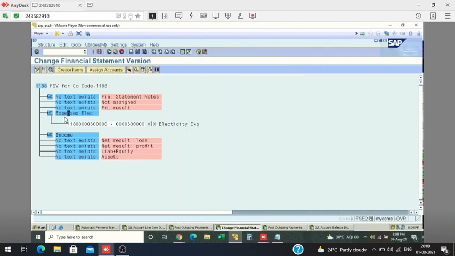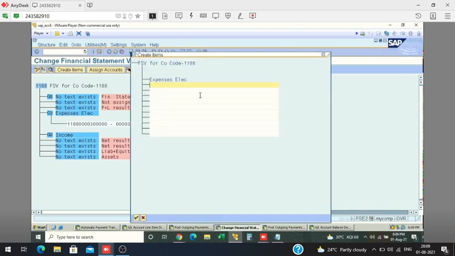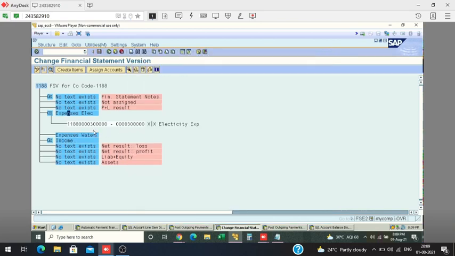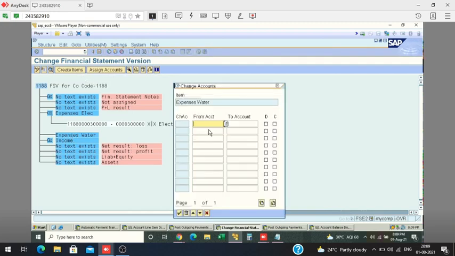Okay, now I'm adding another one. Create item: Expenses water. Okay, for water I'm putting account assignment 3 lakh 1 to 3 lakh 1.